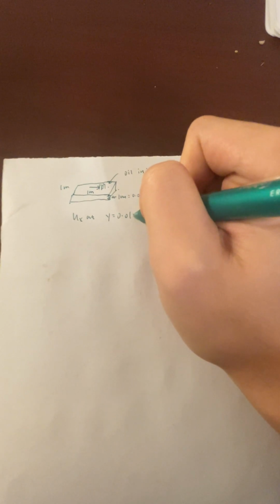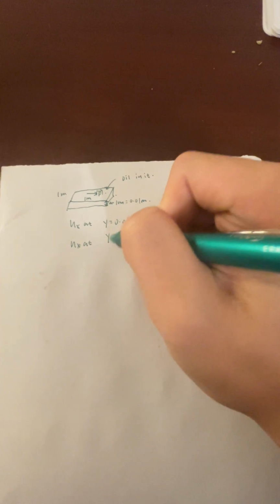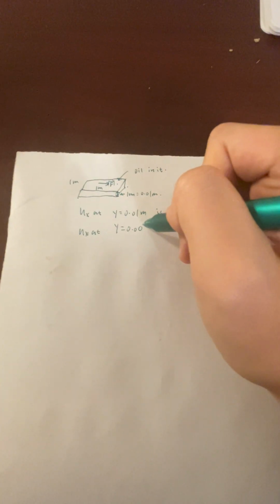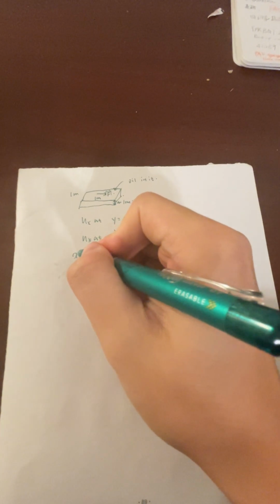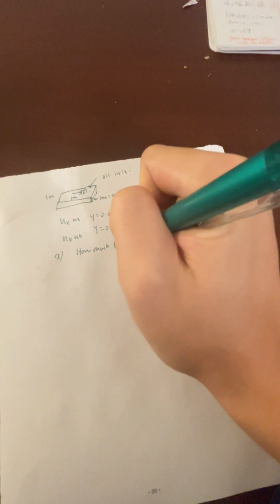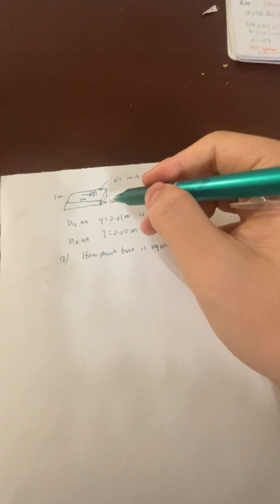And when ux at y equals 0.01 meter is 10 meters per second, and when ux at y equals 0.00, which means the bottom, is 0 meters per second. The question wants to know how much force is required to make this happen. So we can use the